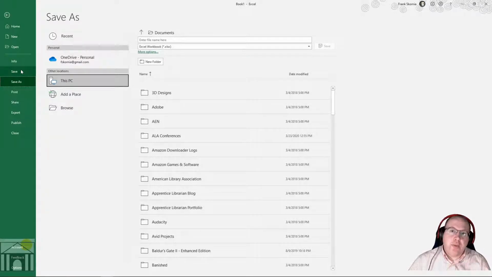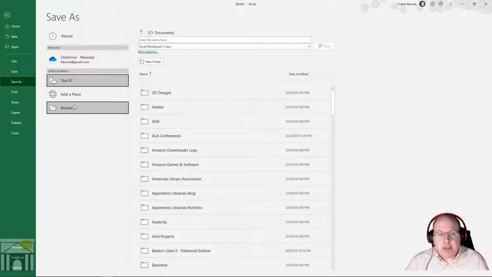So there's no file name or a file location where on my computer it gets saved. And because it does not know where to save the file or what file name to save it as, I have to do Save As first, which basically allows me to choose where it gets saved and what file name. So what I'm going to do is click Browse,